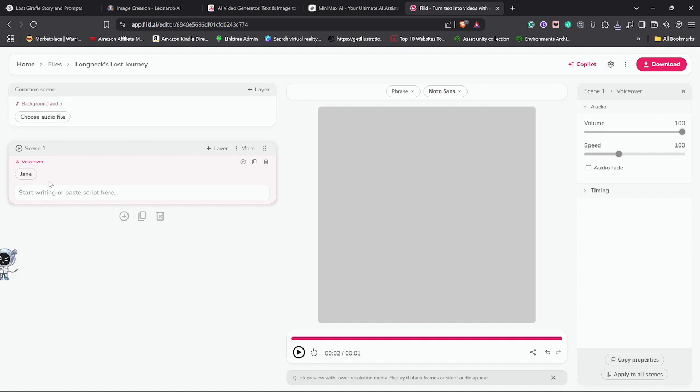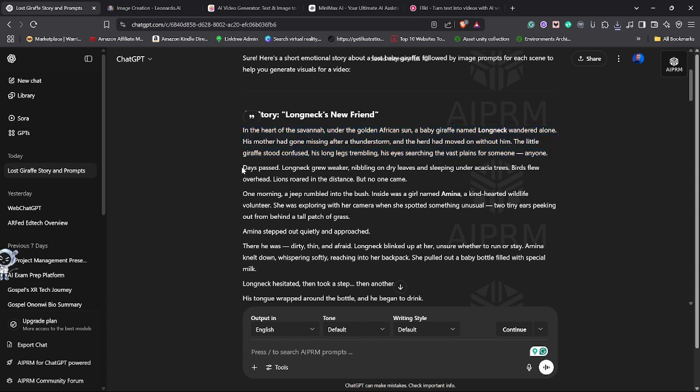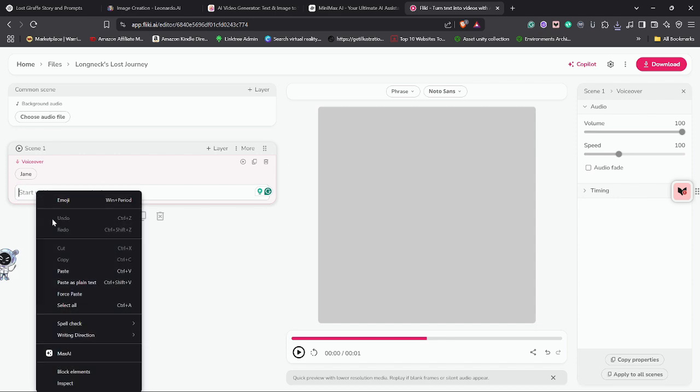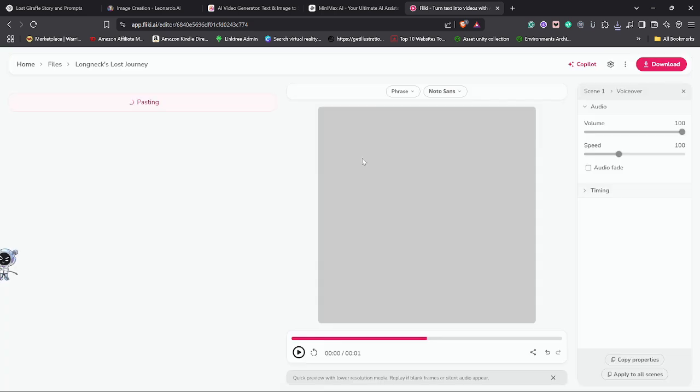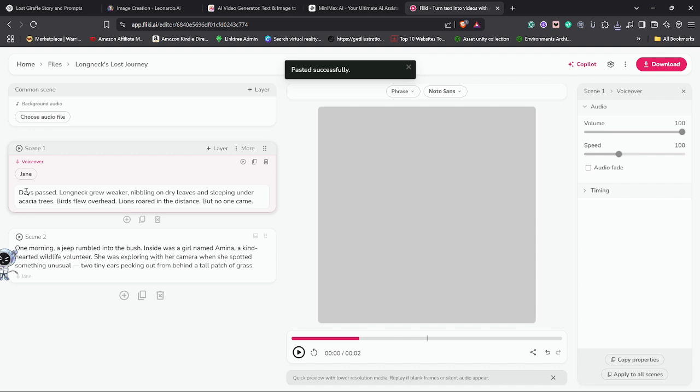Okay, you can put in your script here. Let's do another one. Then the second paragraph, or maybe 2 paragraphs. We can put it over here. They say it's too long. Actually, so you can read it. So basically, this is how you do it. You can change the voice as well. Then you repeat the entire process.